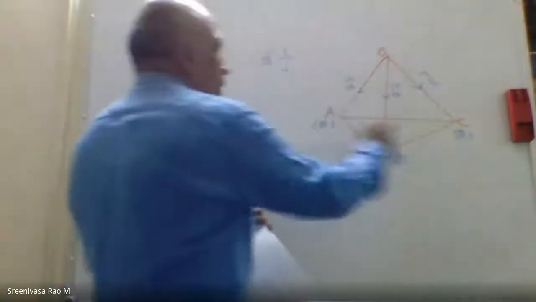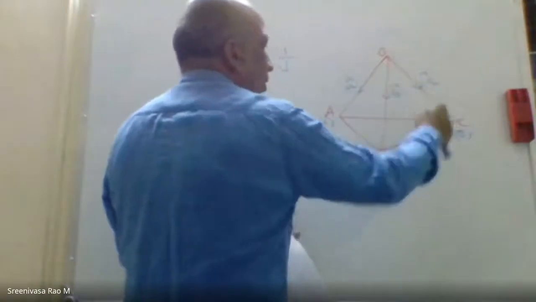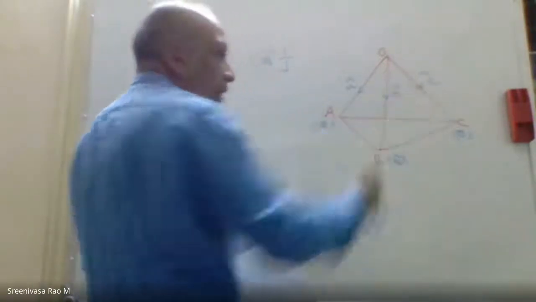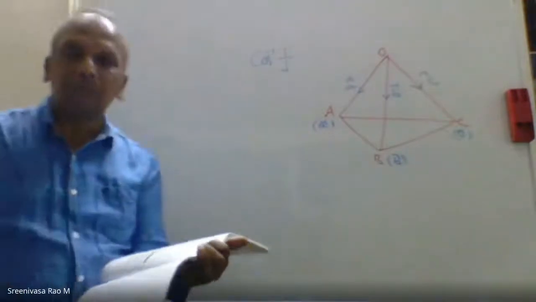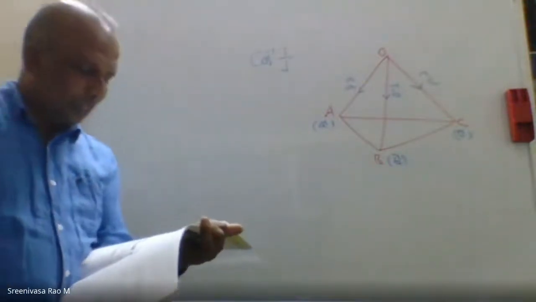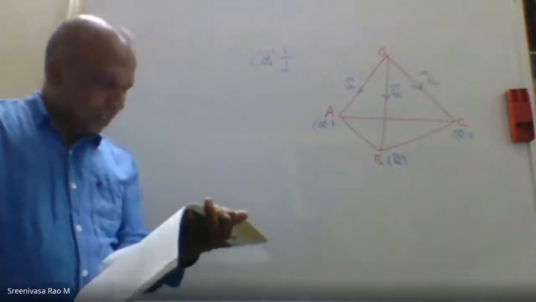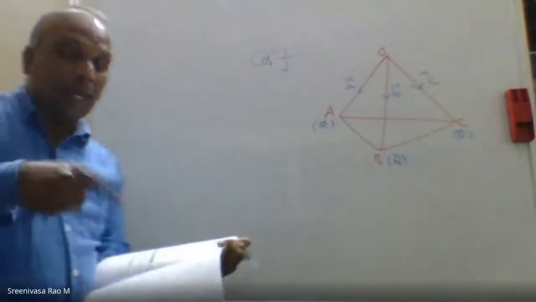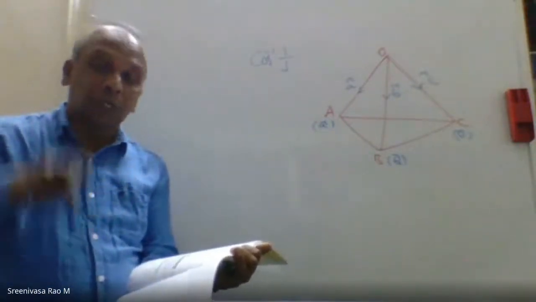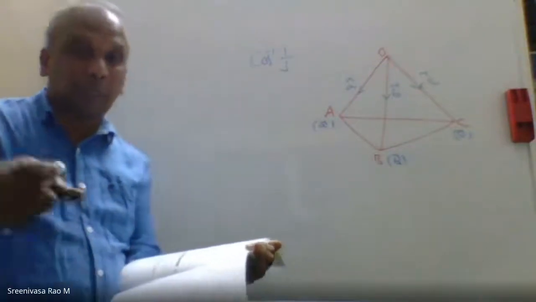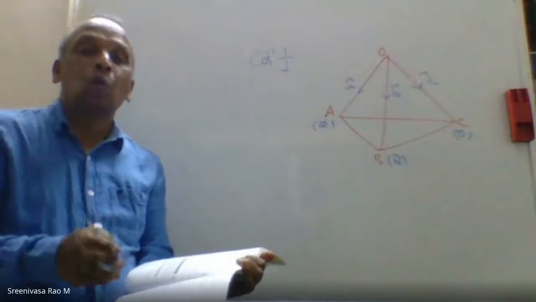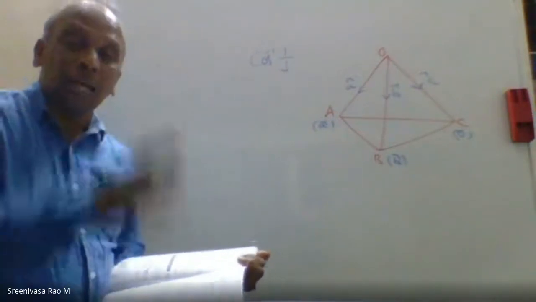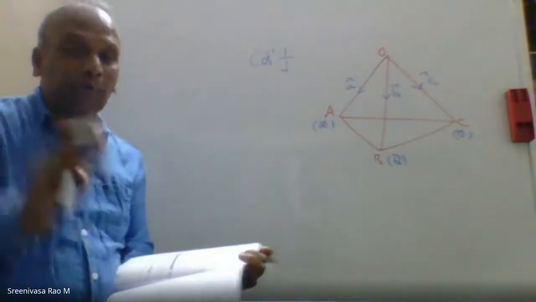You can take this as one plane face, and take another plane face like this. You take any two plane faces, the angle between those two plane faces is cos inverse 1 by 3. Next. The same thing we discussed now: the angle between two internal diagonals of a cube is cos inverse 1 by 3. Again, I discussed the angle between a face diagonal and the diagonal of the cube, which is cos inverse root of 2 by 3.